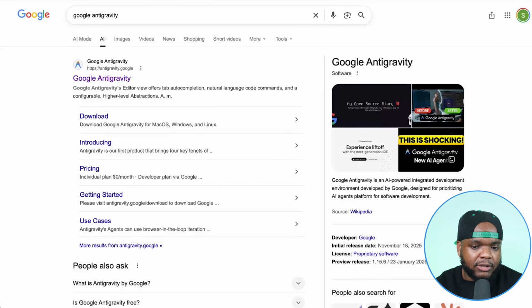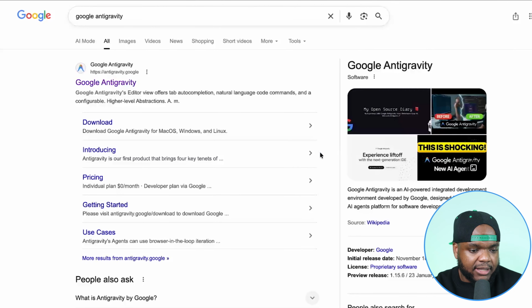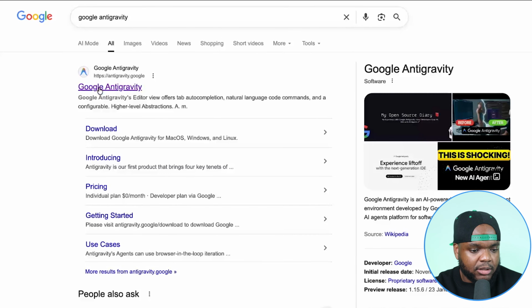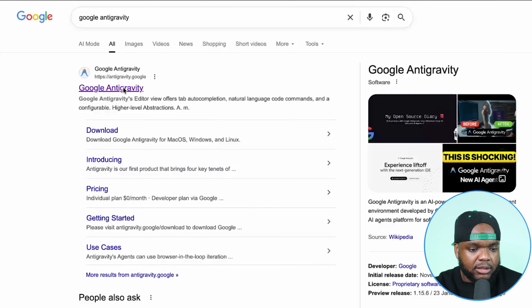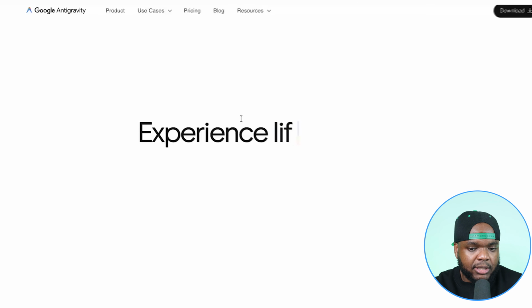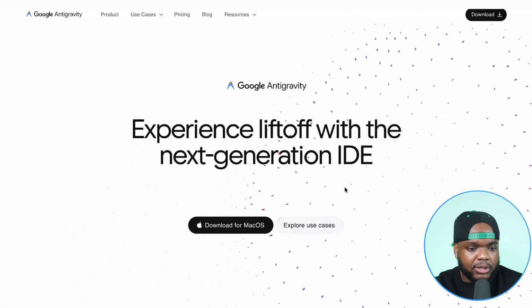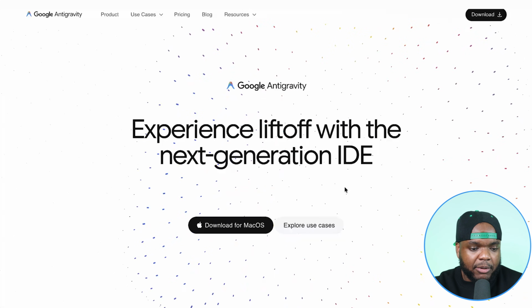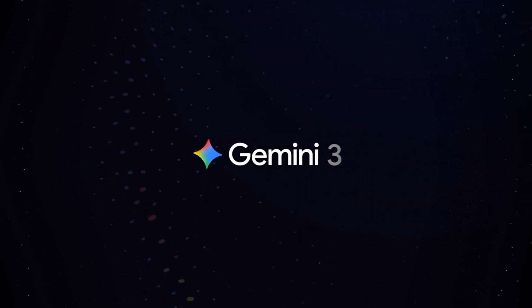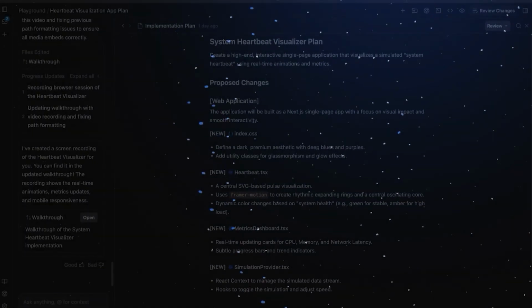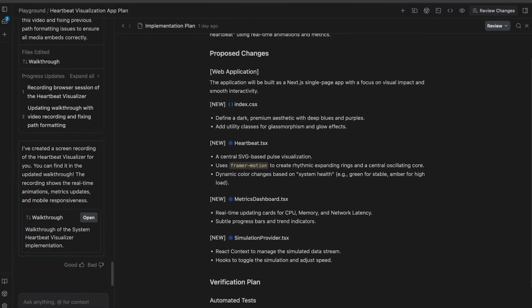So firstly, you guys already know what you need to do when it comes to accessing Google Antigravity. You're just going to go over to it just like this. And the way that it works is that you're going to need to download it onto your computer because it's going to be able to work locally when it comes to building any type of app that you're thinking about launching. And for those of you that are still not quite sure as to how Google Antigravity works, basically it's